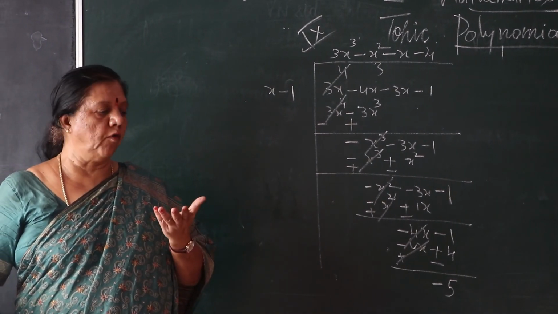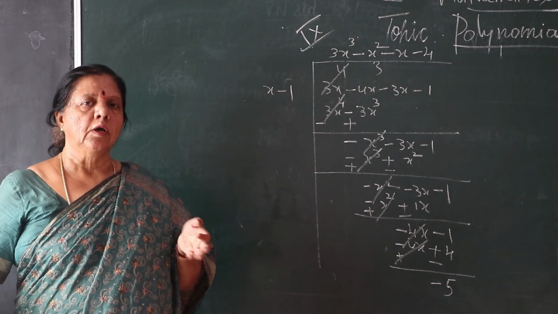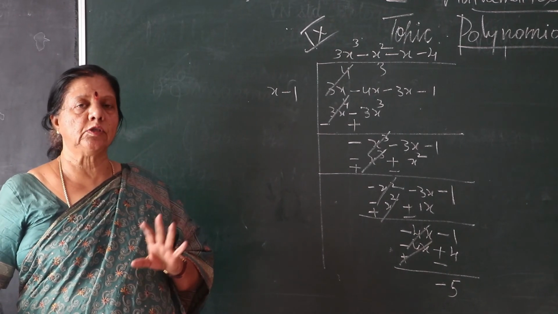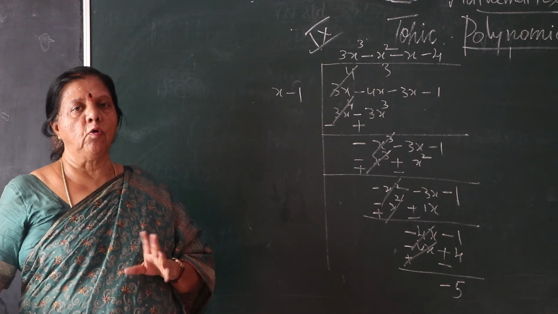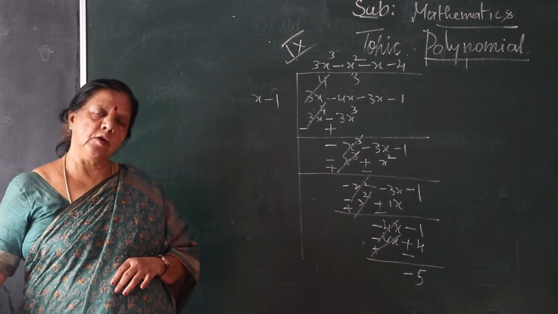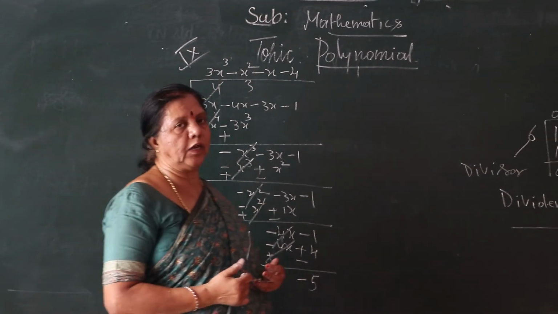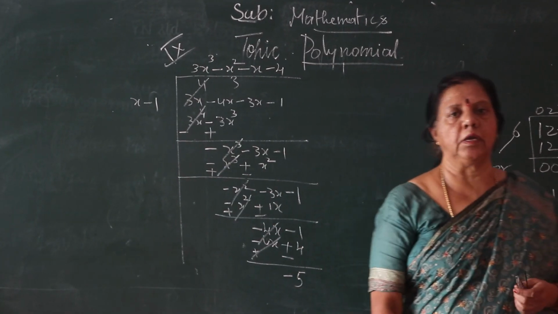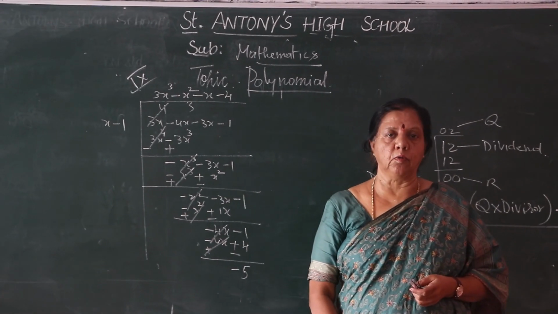Exercise 4.3. There are so many sums there. You do it. Next I will go for factorization. So the next chapter heading is factorization, polynomial factorization. Okay children, so will you solve the problem? One more I wanted to solve. Nothing is there, the same technique you have to follow. So another example, you go through it. This is the way you have to solve the problems under polynomials.